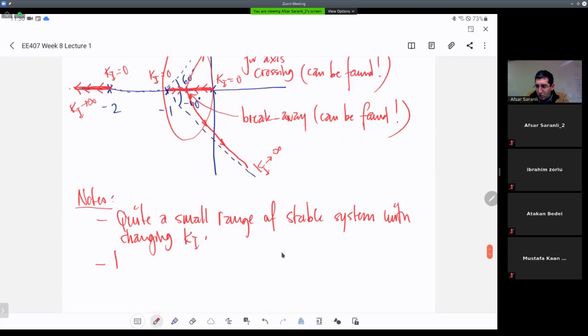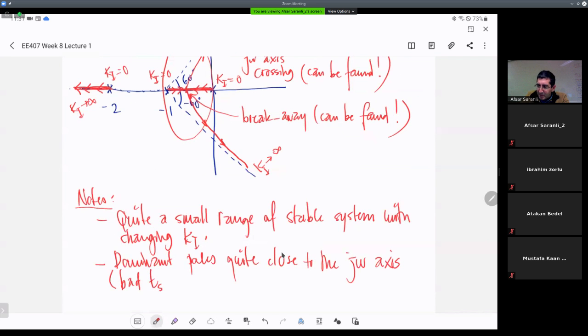Also dominant poles quite close to the j omega axis. That means I have let's say bad settling time behavior,